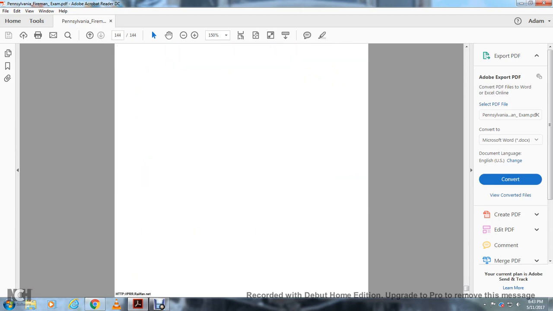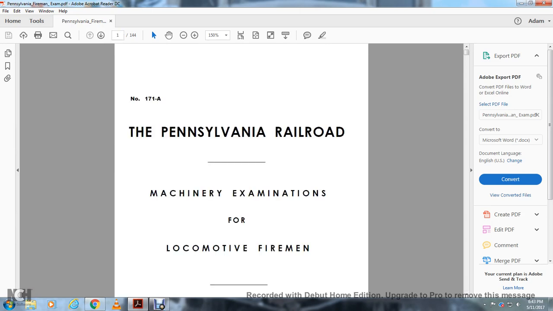All right, and that completes the Pennsylvania Railroad Machinery Examination for Locomotive Fireman, and it was the steam edition, so